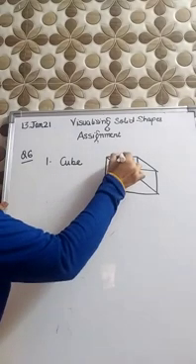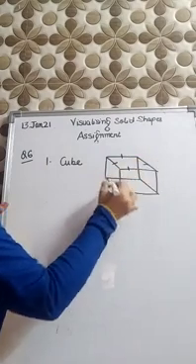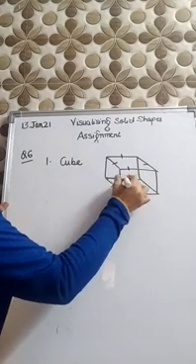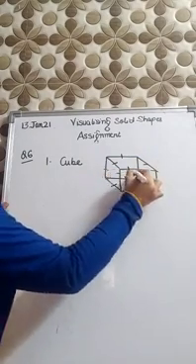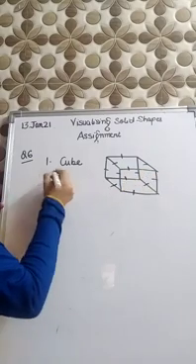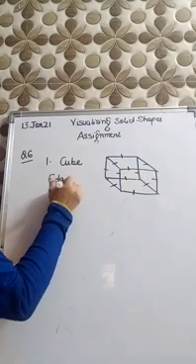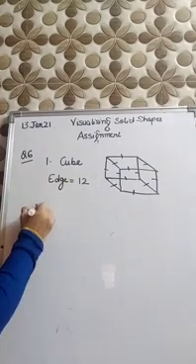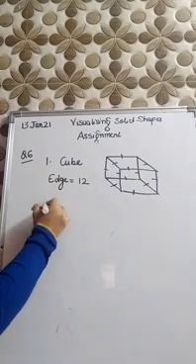So count the number of edges: 1, 2, 3, 4, 5, 6, 7, 8, 9, 10, 11 and your 12. So number of edges are 12. So the second part is triangular